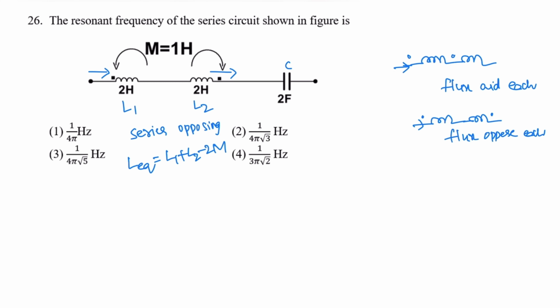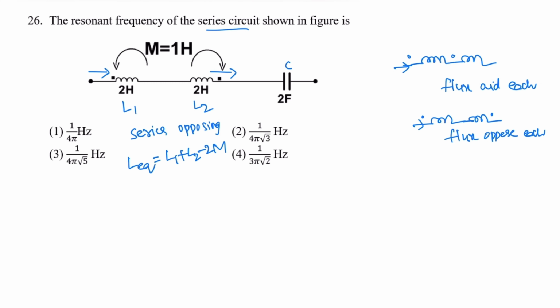So the effect of mutual inductance depends on the distance of the coils and their orientation, meaning either opposing or aiding connection. So for this given circuit, these inductors L1 and L2 are in series opposition. Now for this series circuit,